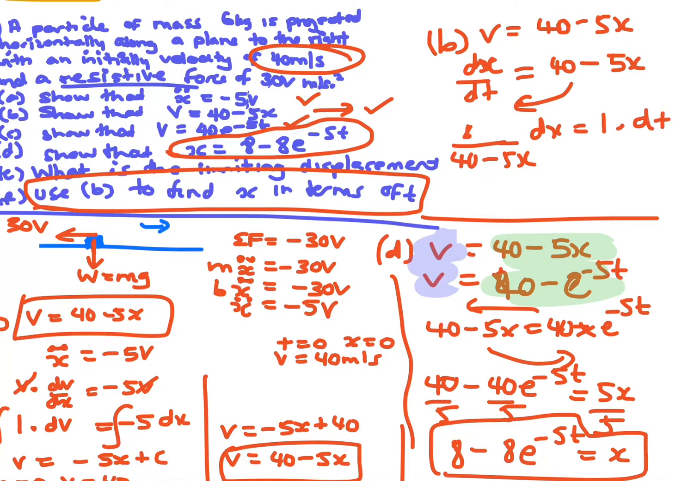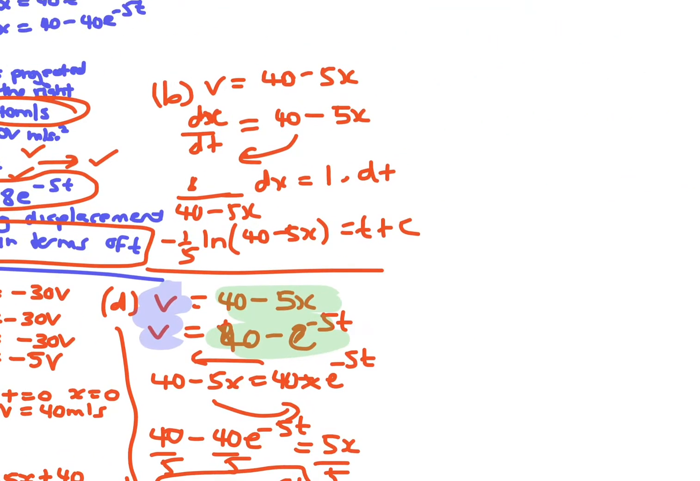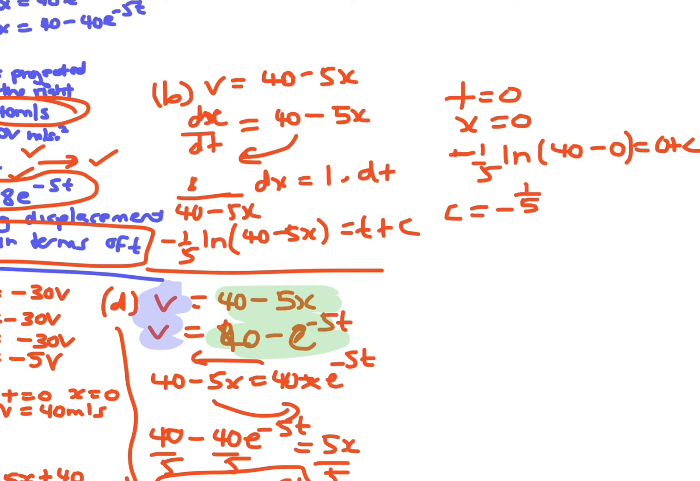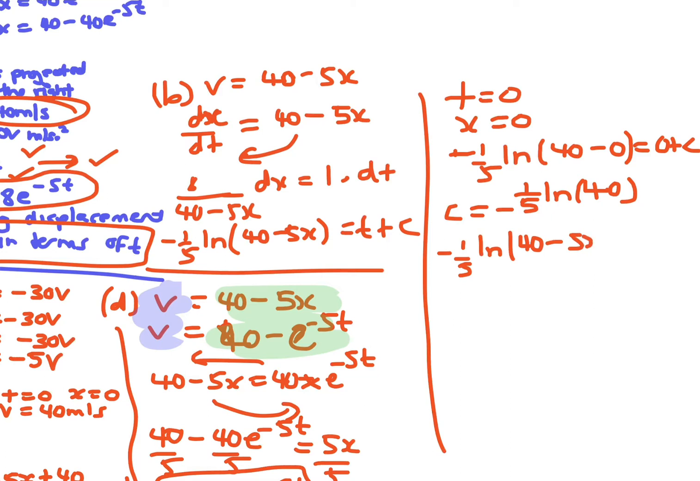dt, and then from there that's minus 1 on 5 ln 40 minus 5x equals t plus c. Okay, so we also know time equals 0, x equals 0, so I've got to find the c, so it's 40 minus 0 equals 0 plus c. So c is minus 1 on 5 ln 40. So now if we plug that back in, you got minus 1/5 ln 40 minus 5x